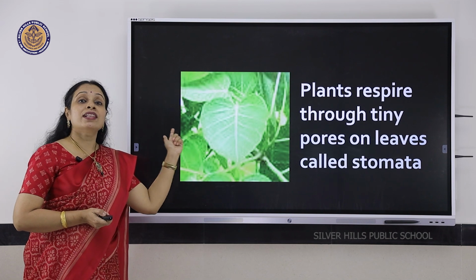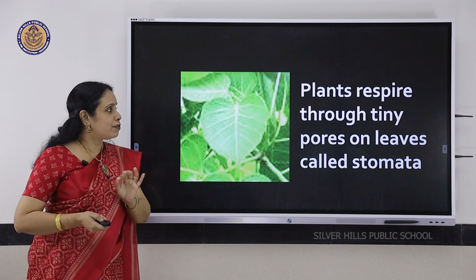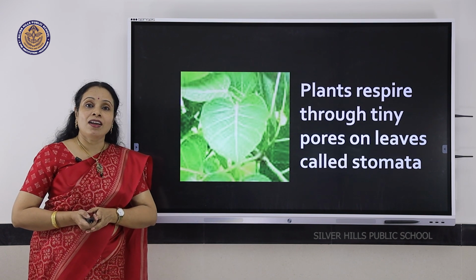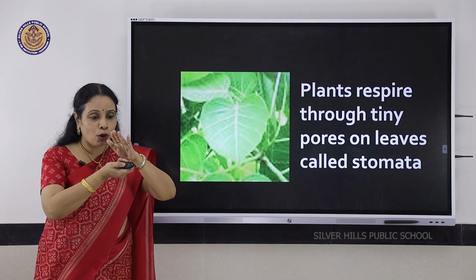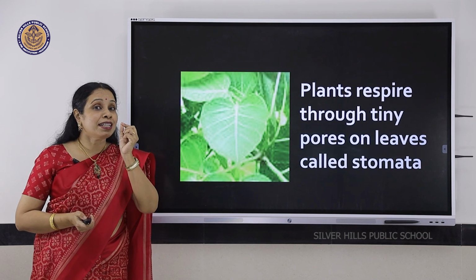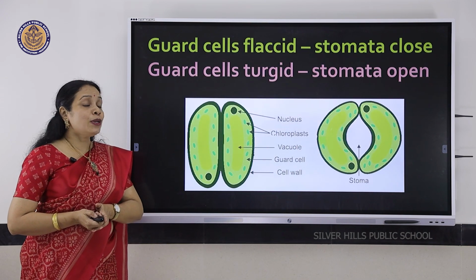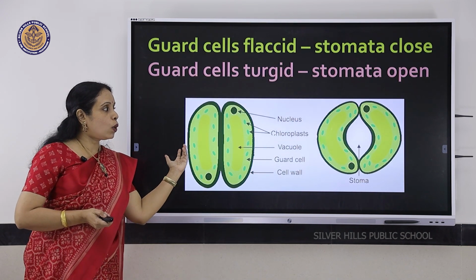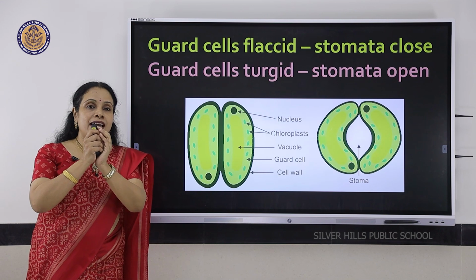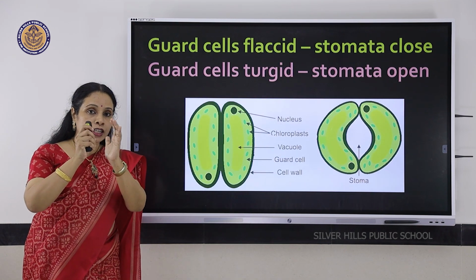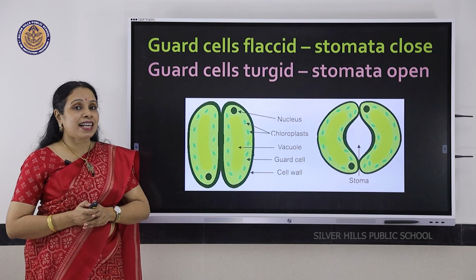Plants breathe through their leaves. To be exact, the tiny openings on leaves, which are called stomata. On the leaves, on their ventral sides, on their bottom sides, there are a number of tiny microscopic openings, the stomata. They look like this. They could either be closed or open. And these two main cells surrounding that aperture, you can see the aperture is open over there. So the two cells surrounding it are called the guard cells.